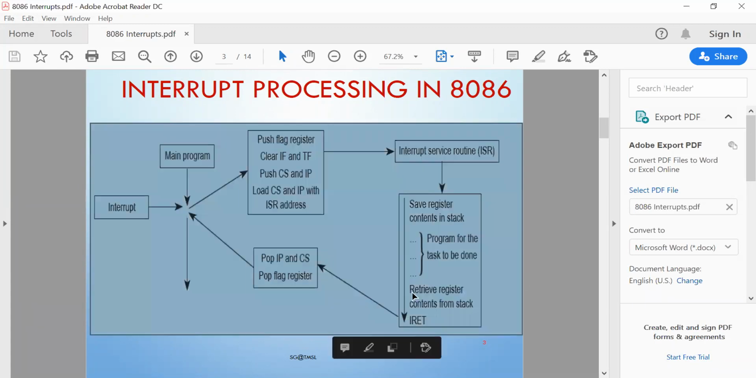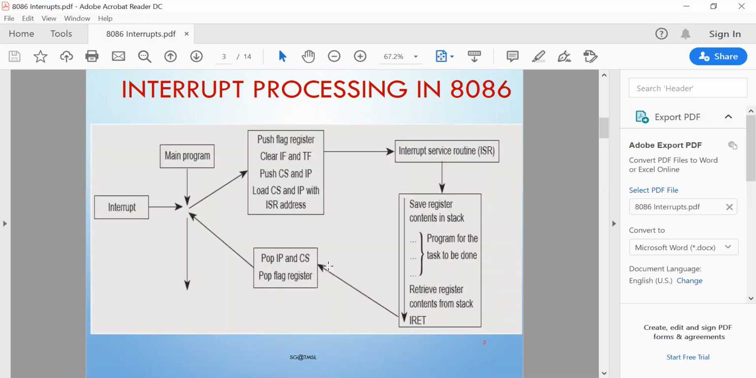When it is about to return to the main program, it must retrieve the data IP and CS, instruction pointer and code segment, from the stack. So why is it needed? Because here it needs to store the next instruction address onto the stack. Okay, so when it returns to the next instruction, the code segment address and offset address of the next instruction